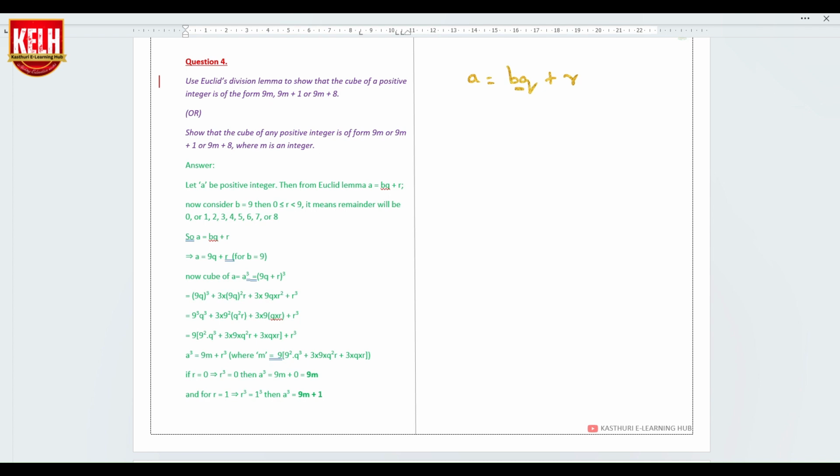Okay, and then let a be any positive integer. So we can take a equal to 9q plus r. What can r be? r can be 0 or 1 or 2 or 3 or 4 or 5 or 6 or 7 or 8. So these are all the possibilities. Okay, so if a equal to bq plus r, how will you write it? a equal to 9q plus r. Now a cube equal to, firstly, if 9q plus 0,